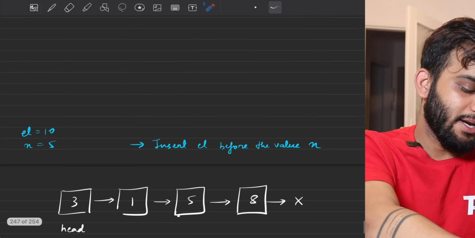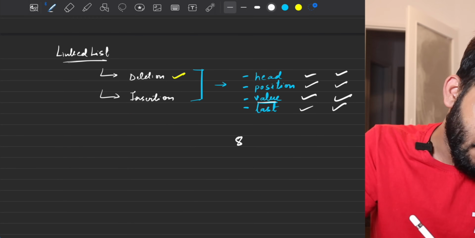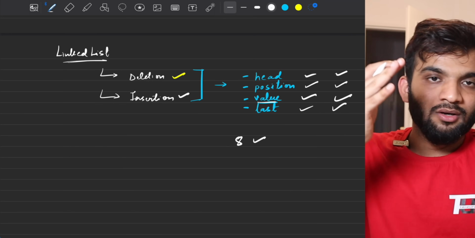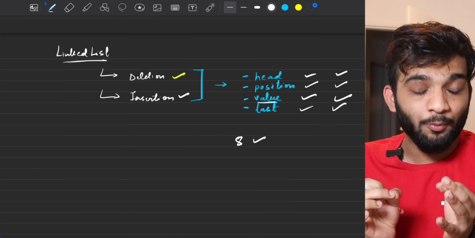So, I'll quickly go back into my iPad and this one is done. We have covered up 8 problems across deletion and insertion in a linked list, and I hope you've understood